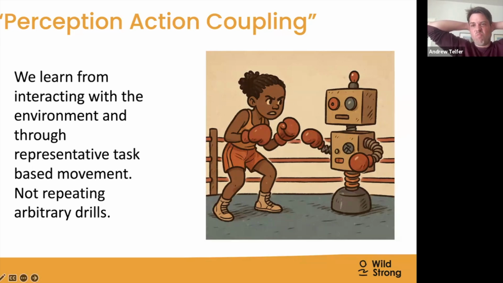And what they find is there's pretty much no carryover, because reaction time isn't just some abstract thing that you can train. It's embedded in the environment, this idea of perception-action coupling. So if you wanted to get someone better at hitting a ball, you would put them in front of a real pitcher. They would see the movements that the pitcher makes as they throw the ball, and they'd react to them.